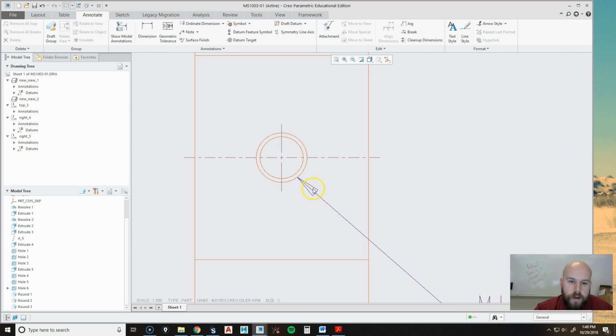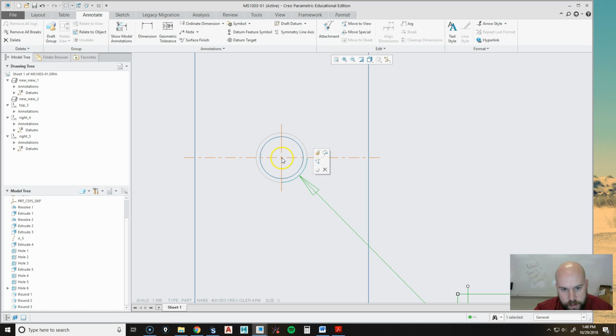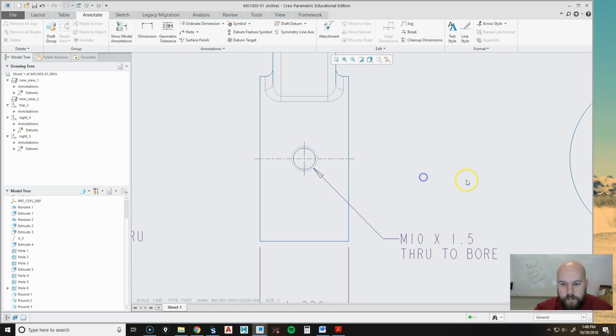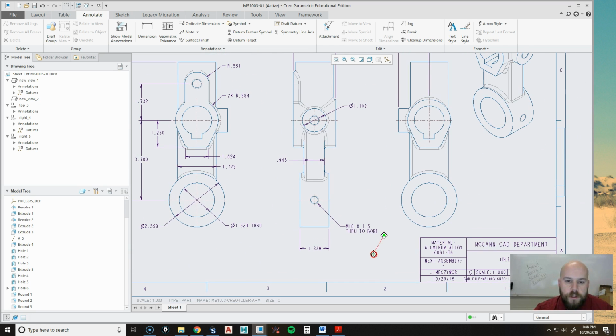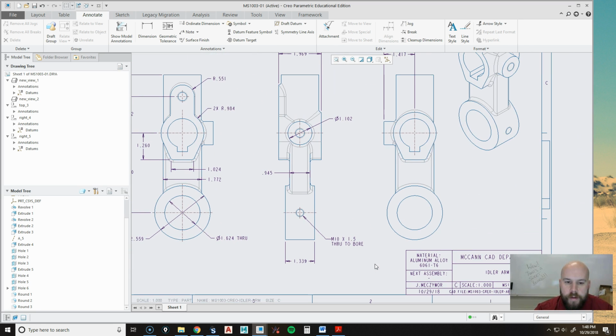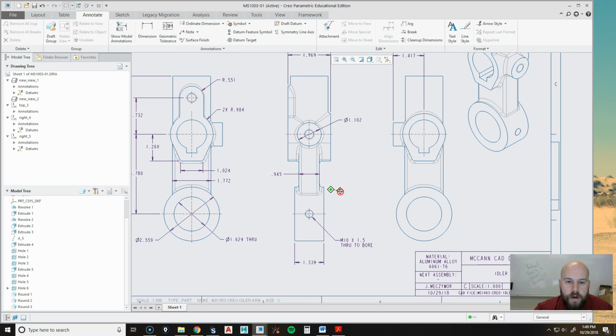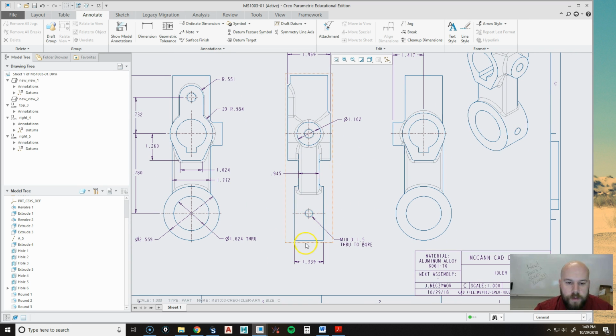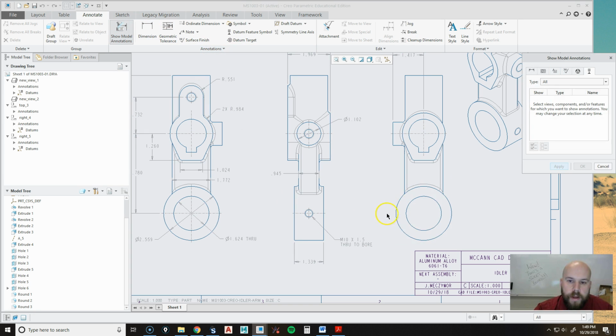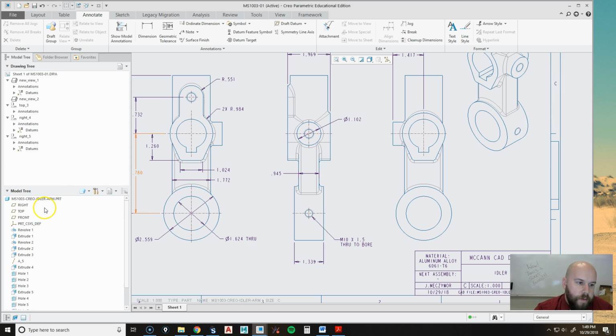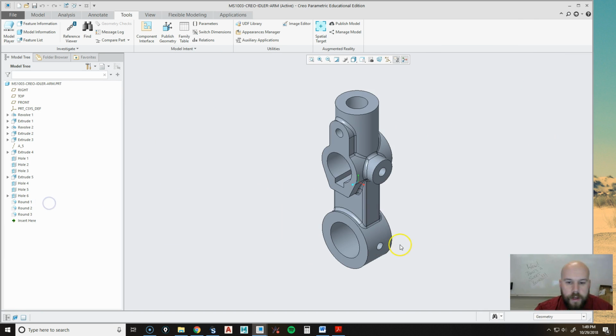And then what I like to do is I like to select my attachment and drag it over because technically this is supposed to point right to the center. And sometimes it's pretty good at finding that on its own, which it just did, so that's pretty good. Alright, I don't need any dimensions for the angle, I don't need any dimensions for anything other than where it is. And right now it's in the center, okay? And the reason that I don't have a dimension for that is if we go into my part, if you created it like I did,